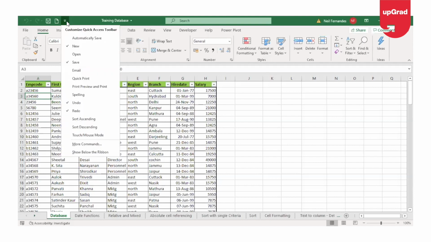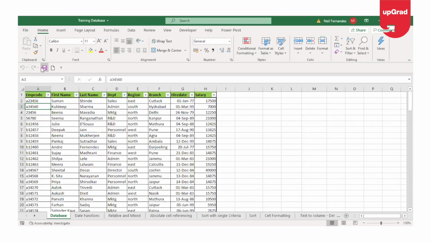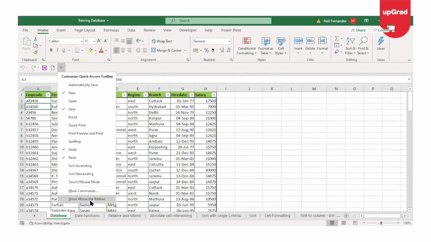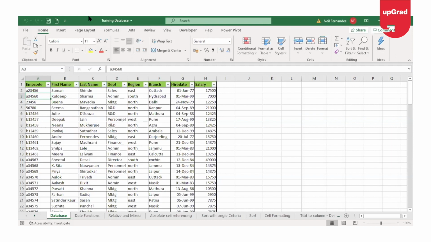Now moving back to the Quick Access Toolbar, this toolbar can alternatively be displayed below the ribbon. To do so, I will click on the drop-down menu next to the Quick Access Toolbar and select the option Show Below the Ribbon. And you will see that the Quick Access Toolbar has moved below the ribbon. Displaying this toolbar below the ribbon provides a bit more room for the icons. Moving this Quick Access Toolbar back above the ribbon, I'll click on the drop-down menu and click on Show Above the Ribbon. By default, the Quick Access Toolbar will have three commands: save, undo, and redo.